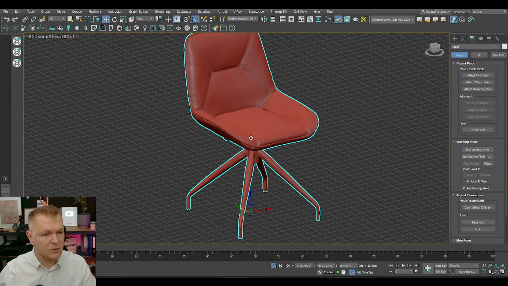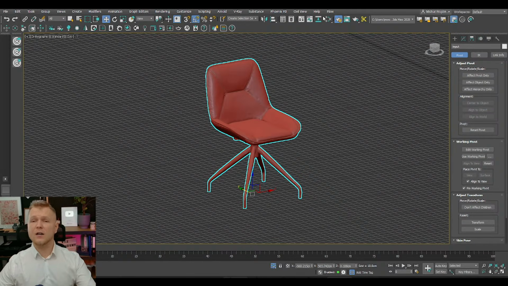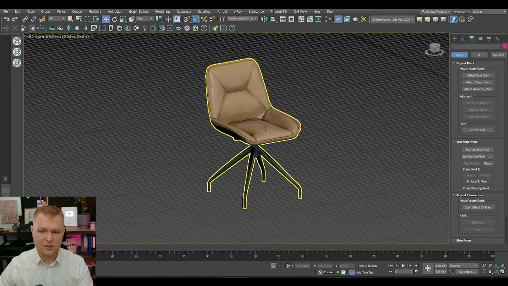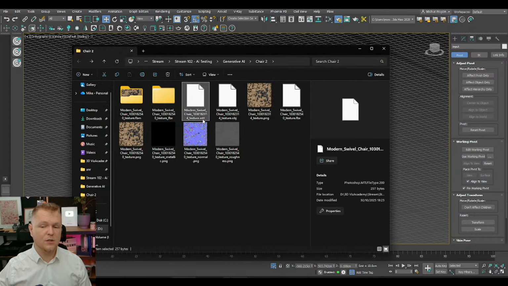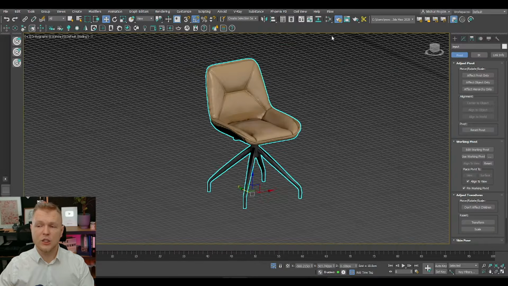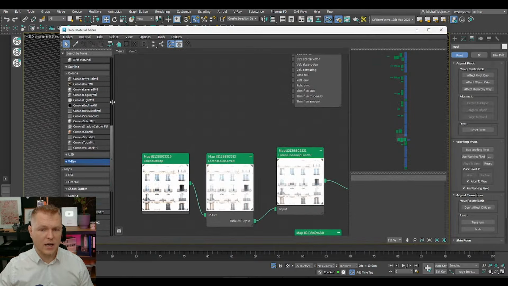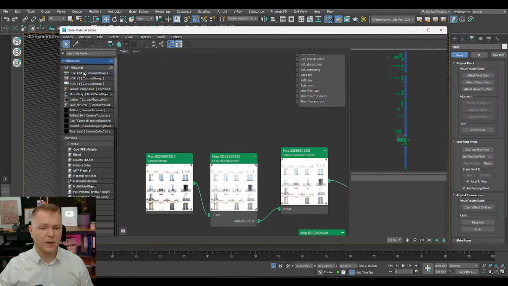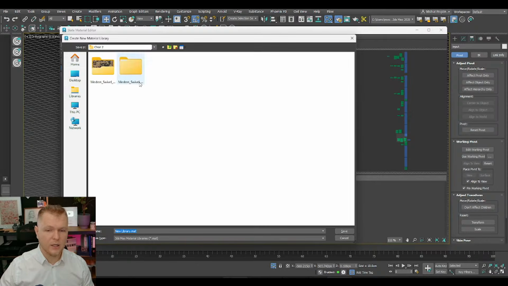How can I make it download the materials? That's a good question, and I'm quick to answer it. So you can see that now the object doesn't have any materials, and well, it actually has. So FBX is the way of downloading it. But if you choose the OBJ, it's going to come with an MTL file. The MTL file is actually a material library that we have to load into 3ds Max and use as our element. So basically what you do is open material library, you type in the directory, and okay,